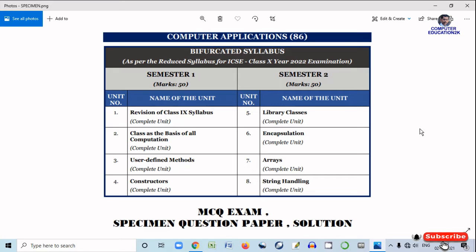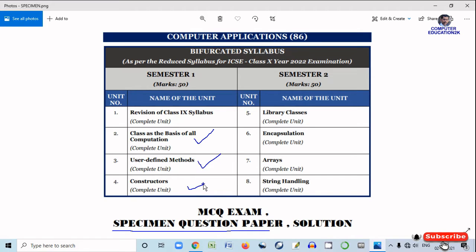As per my commitment, I am here with the solution of specimen question paper section B for the semester 1 exam of 50 marks, which will be held in the month of November. In section B, there will be 4 questions, and in each question there are some parts, and each part contains 1 mark. And as I have seen in section B, most of the questions are given from these 3 topics.